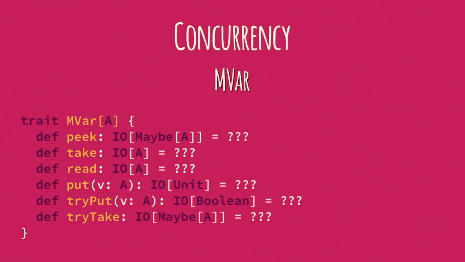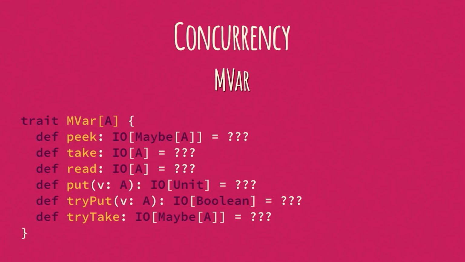So the fiber concurrency model requires you to have a way to communicate between fibers. One produces a result and you want to do something over here. And MVar is a standard concurrency primitive for doing that in Haskell. And I basically copied the Haskell one over. I mean, not the implementation, of course, but the type signature.